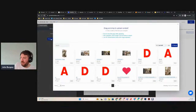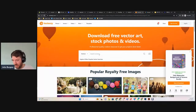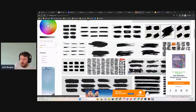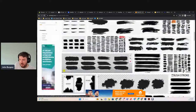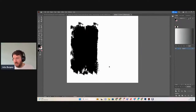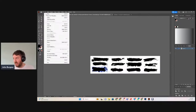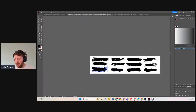The first thing I'm going to do is, so what I did was I went over here to VecTZ and I typed in brushstroke, right? And I came down here and I downloaded one of these packs of 6 somewhere. I don't know which one it was. There's one of these packs of brushstrokes that are there for free, right? I opened it and so I downloaded this one. And basically what I did was I hit File, New, create 1,000 by 1,000. Came over here. I grabbed this one, brought it over,